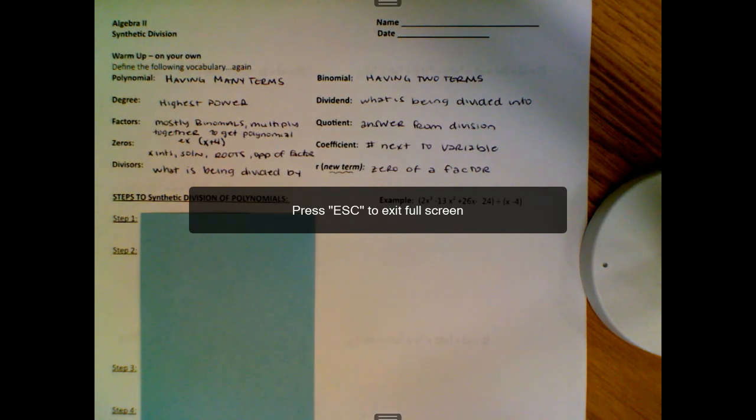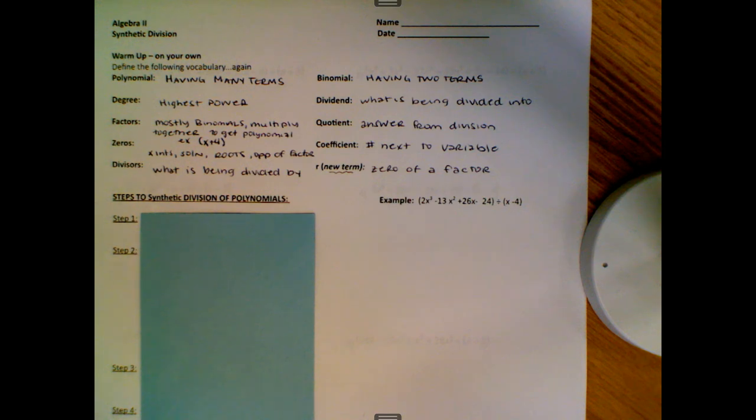Hello, class. Today I'm going to teach you how to synthetically divide. In the past, in just regular numbers, you've been dividing, maybe long division or some fancy way your fifth grade teacher taught you. That being said, this is going to be a new way to divide, and it's used to divide polynomials. Before we start, though, it's really crucial that we start by warming up and defining all of these